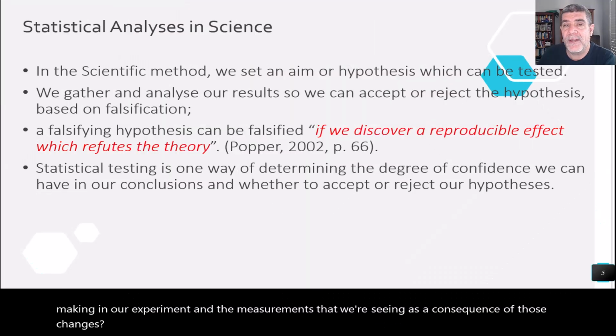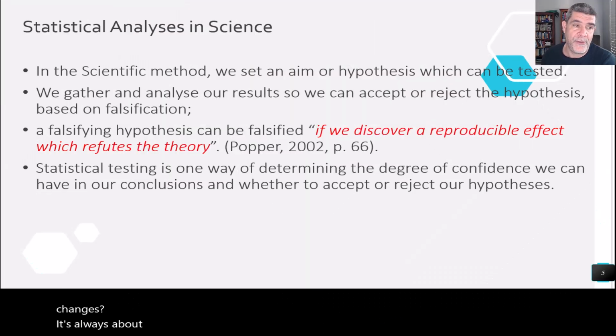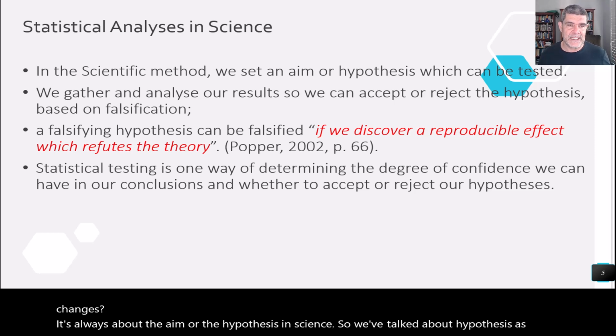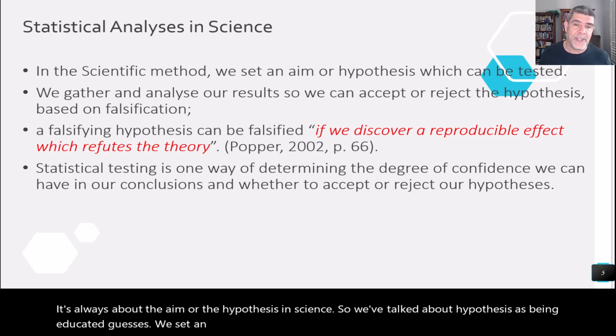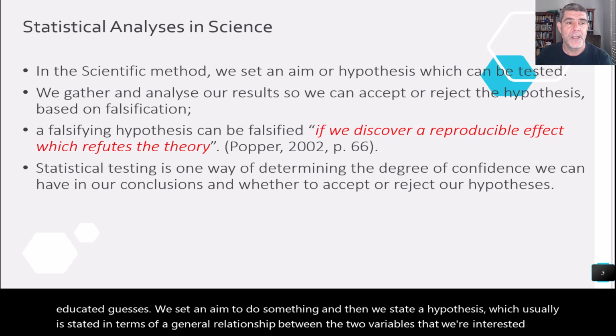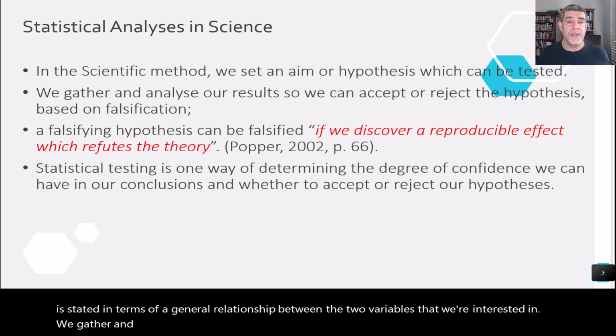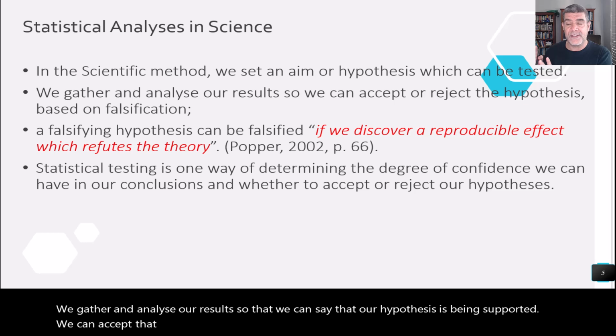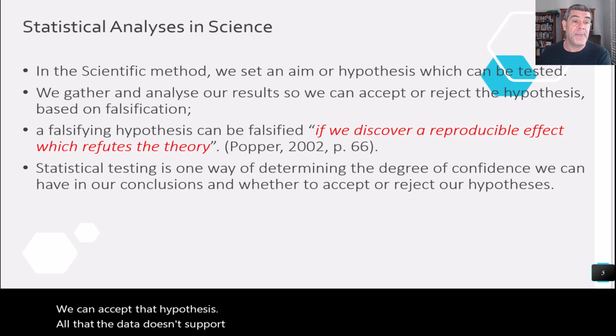It's always about the aim or the hypothesis in science. So we've talked about hypotheses as being educated guesses. We set an aim to do something, and then we state a hypothesis, which usually is stated in terms of a general relationship between the two variables that we're interested in. We gather and analyze our results so that we can say that our hypothesis has been supported, we can accept that hypothesis, or that the data doesn't support our hypothesis, and maybe we might reject that hypothesis based on that